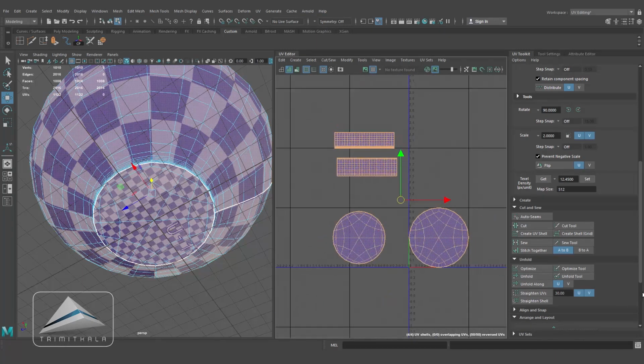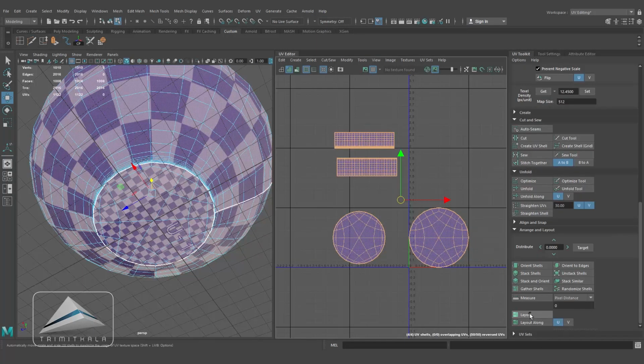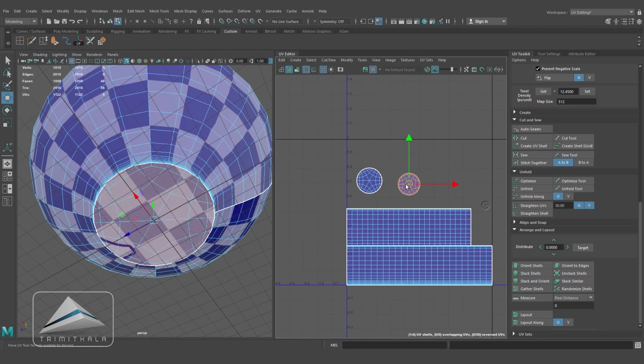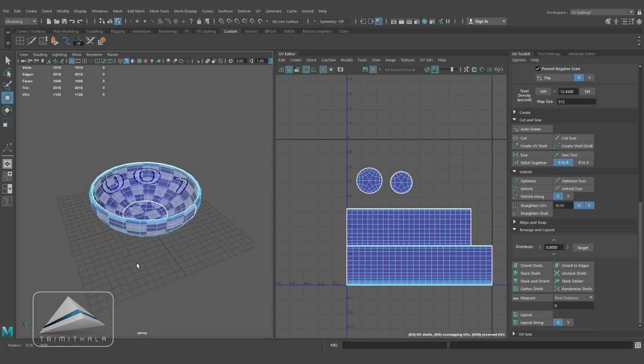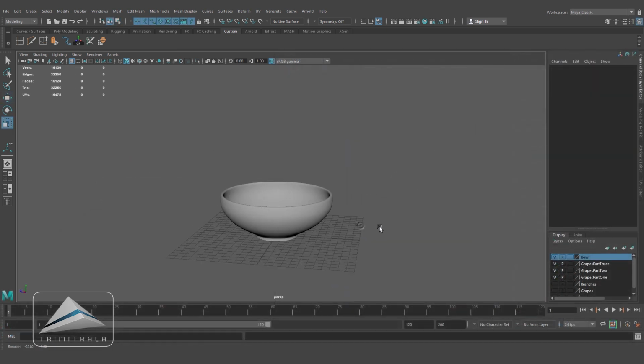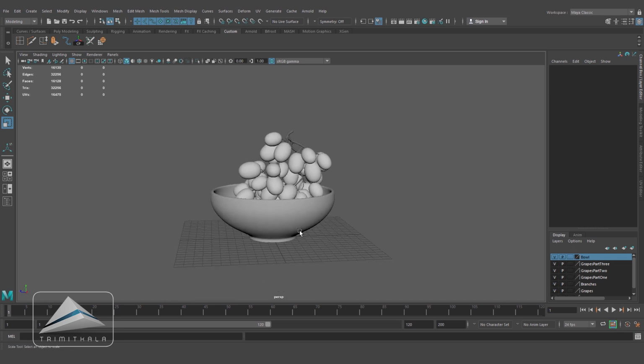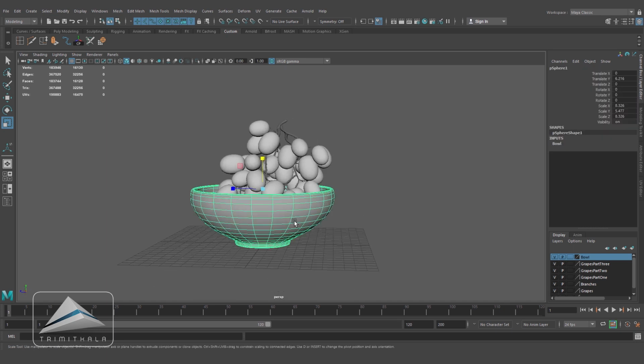Selecting all the UV shells and clicking on layout. Deliberately I kept the UV shells rectangular because later on, according to my plan, I am going to create a pattern by using RAM. Alright, now bringing back the grapes,